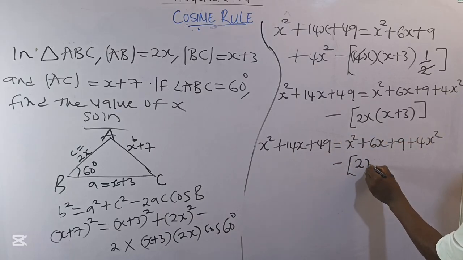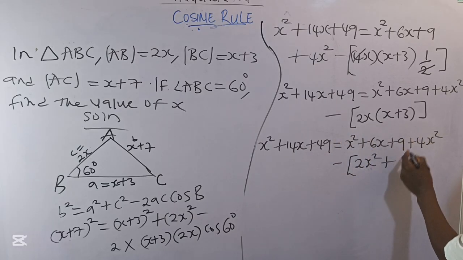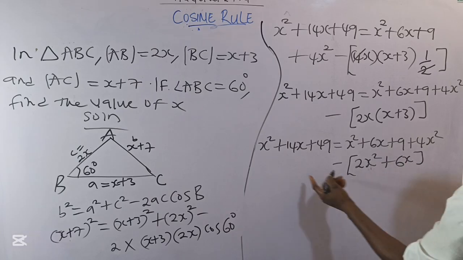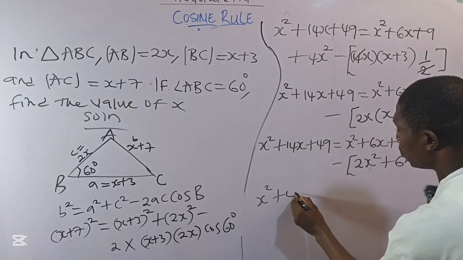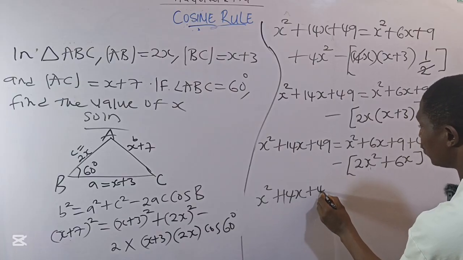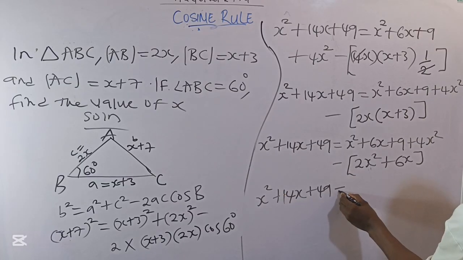This times this gives me 2s squared, plus this times this gives me 6s. So this will give me s squared plus 14s plus 49 equal to